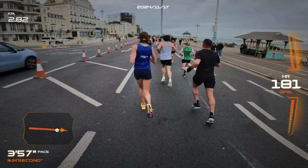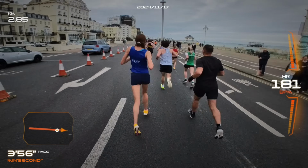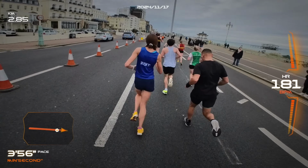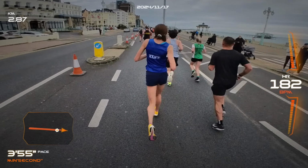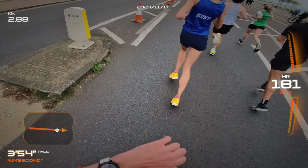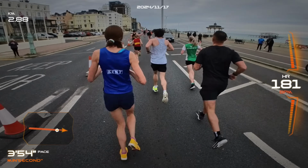He's made friends with blue Kent top. D Mills will be very happy about that, and will just be sat behind waiting for an opportunist moment to get his revenge. Man in black is wearing the Zoom Fly 6s there, which I very much do want to